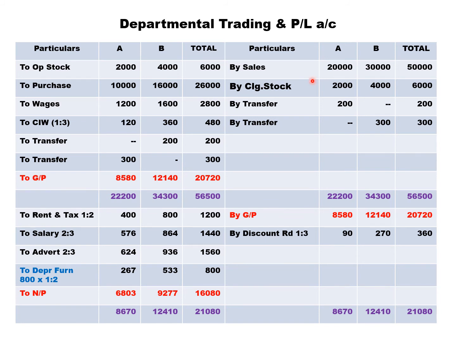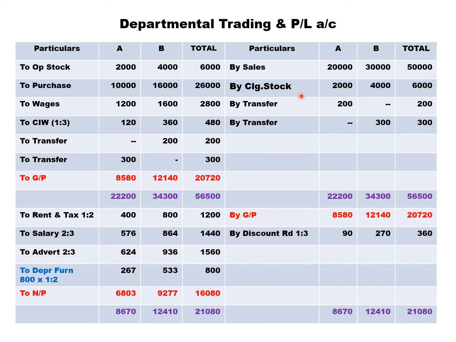Sales as it is given in the question, closing stock as it is given in the question, and transfers. So you get the total, and you get an answer of gross profit. Now, discount received to be distributed in purchase ratio 1:3. Rent and tax to be distributed in space ratio, space occupied as discussed in the previous slide. Salary to be distributed in sales ratio